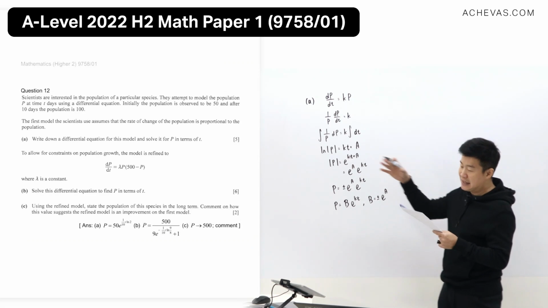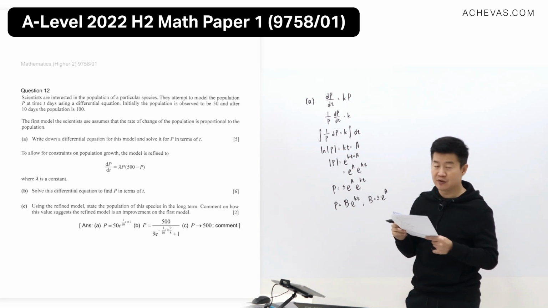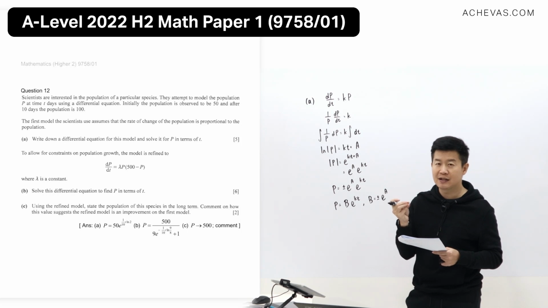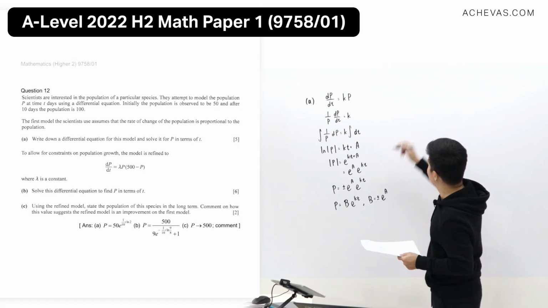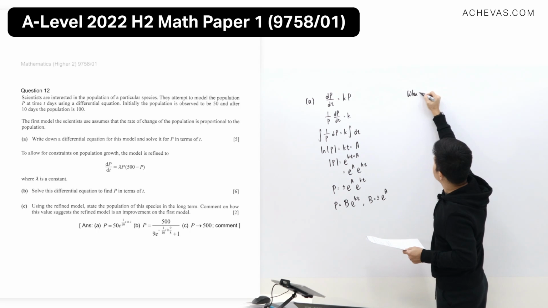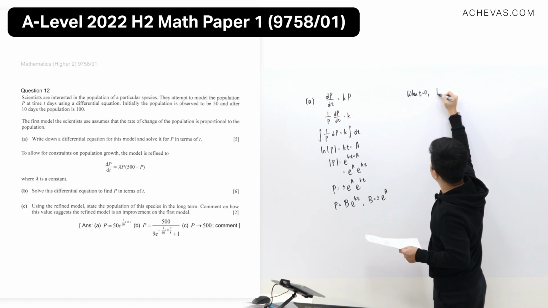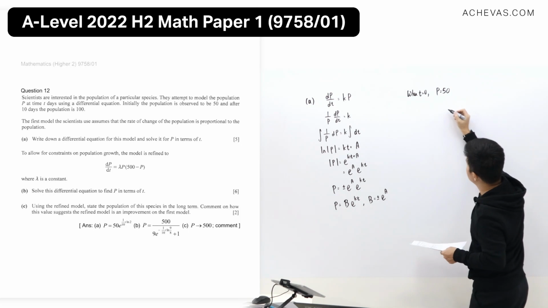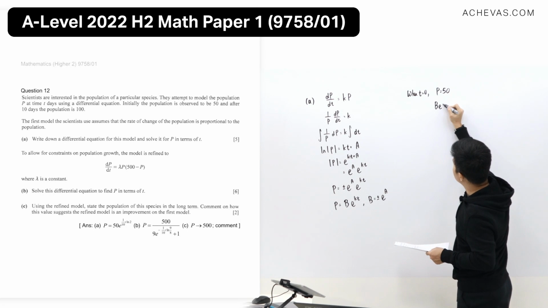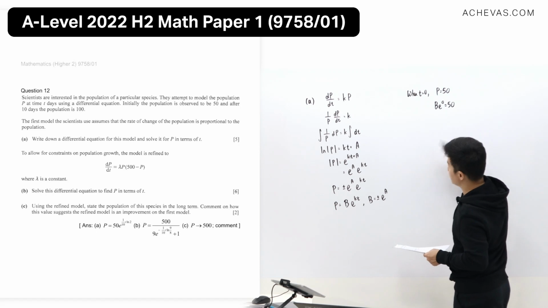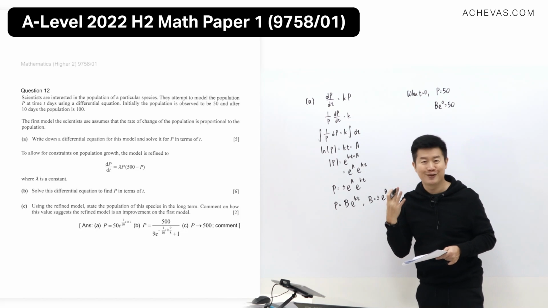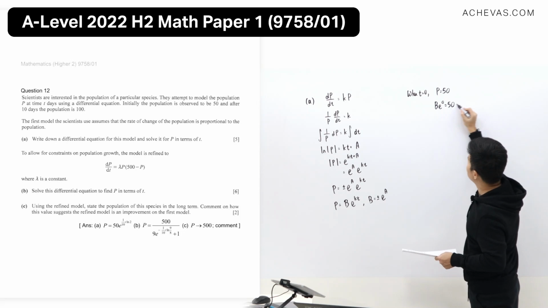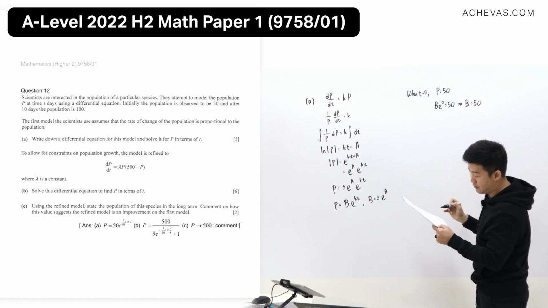The first one is that initially the population is observed to be 50. Initially tells us that t is equal to 0. So when t is equal to 0, the population is equal to 50. Let's substitute this in. So b e to the power of 0 is equal to 50. What is e to the power of 0? That is 1. So b times 1 is equal to 50 simply tells us that b is equal to 50,